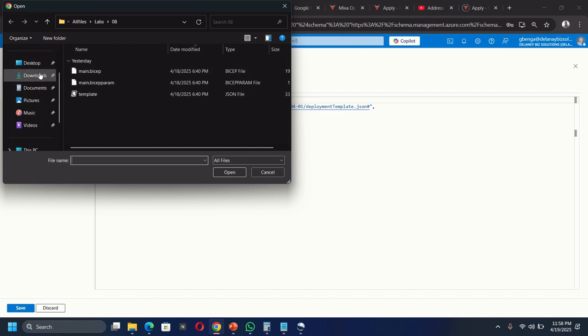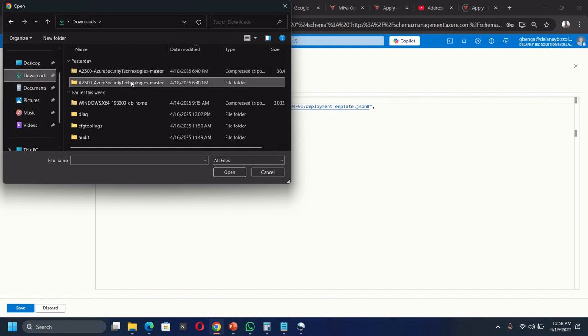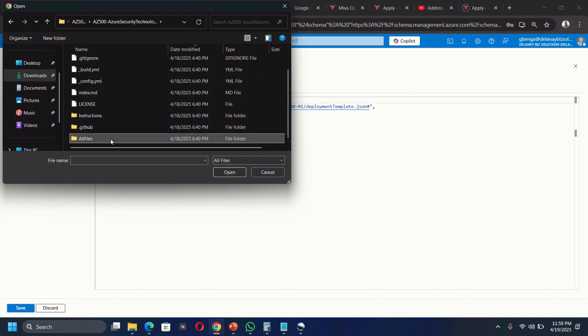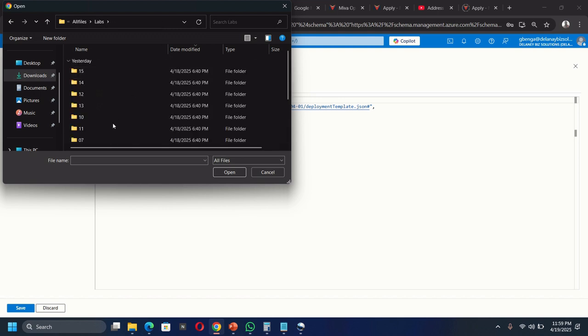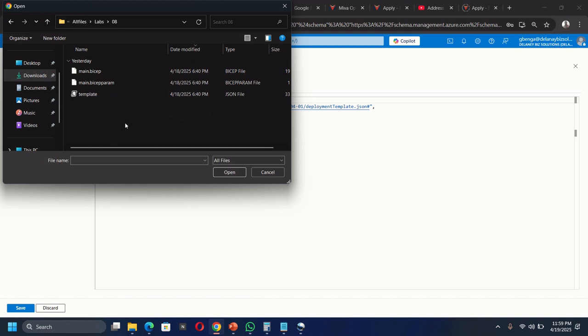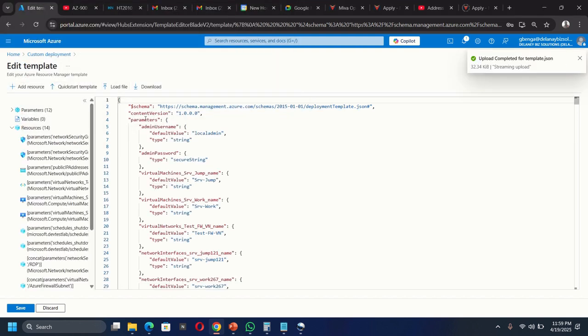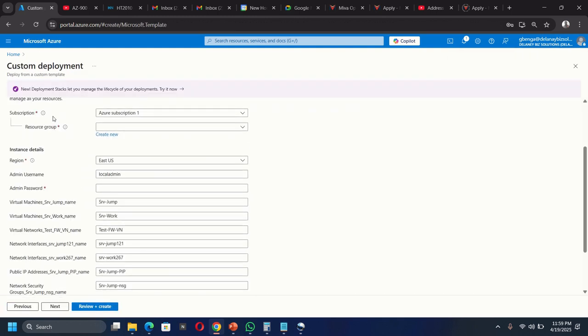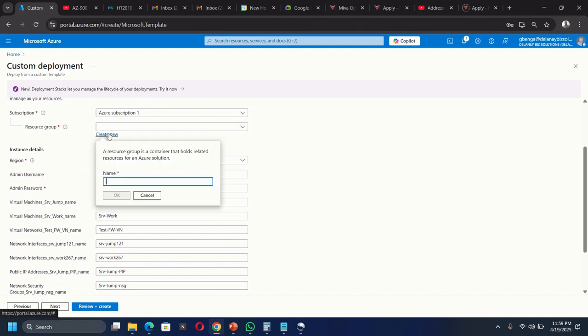The template is in my download section here in the AZ-500 master folder, and inside the all files labs, the template is inside the lab 08 folder. So I'll double click the template. Now I will save the template. Then I will go ahead and configure the remaining information like the resource group. So for the resource group, I'm going to use